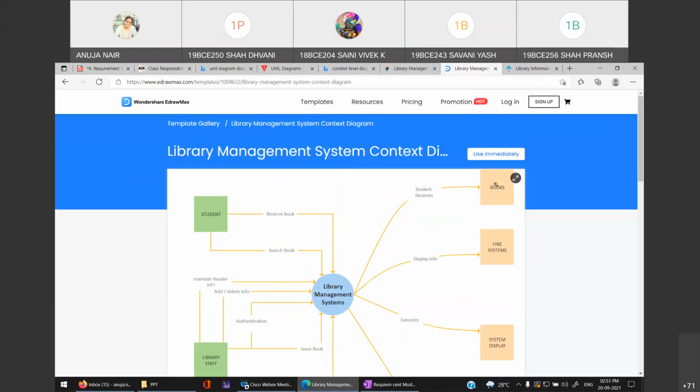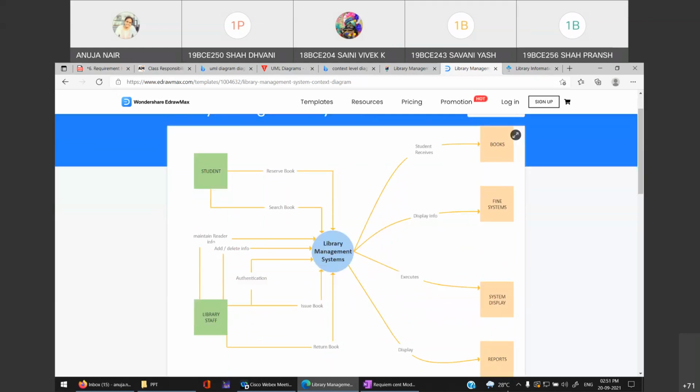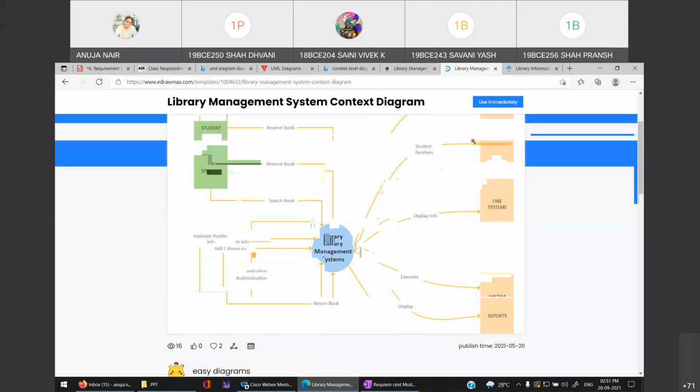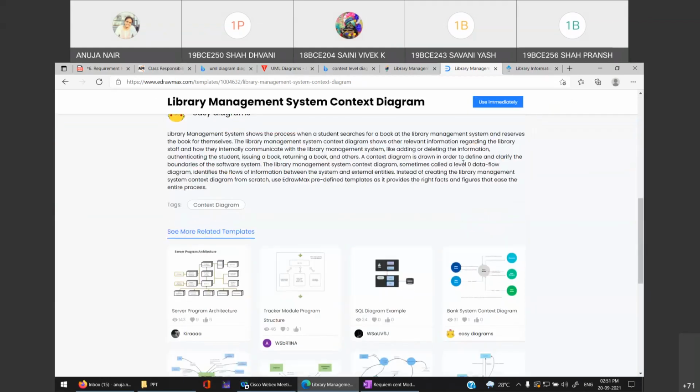One is in the form of books. I just want to show that it should be an output. Like I said, reports are output, displays are output, right? And what should be displayed, that you have to write over here. What should be your output, you have to write in the output arrow. Okay, so if you keep on searching, you will get a lot of examples. This is one context level diagram for